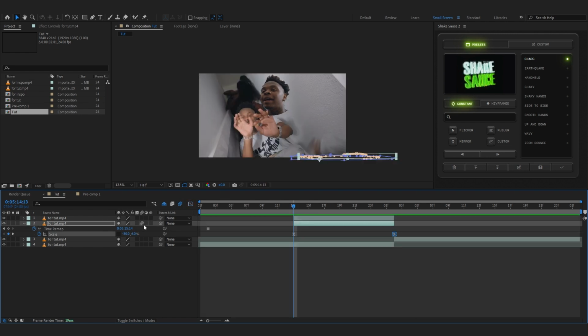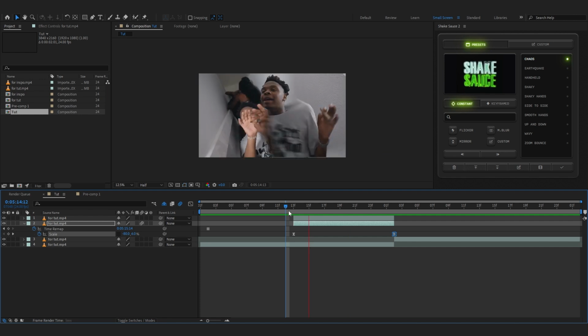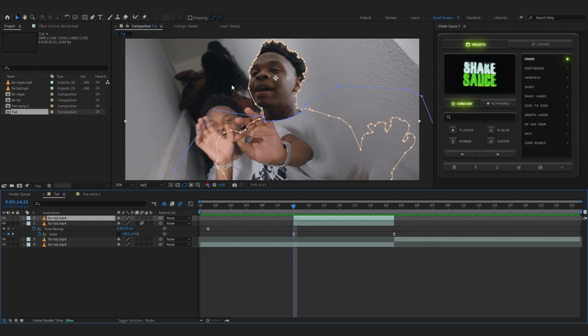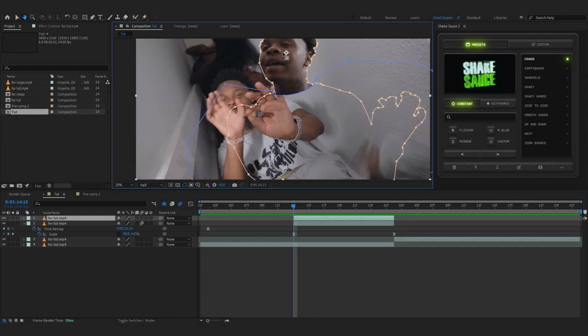And make sure you have your motion blur turned on as well. So our body animation is done. Now we're gonna move into his head animation. For the head, it's the same thing: just hit Y on your keyboard and bring up your anchor point